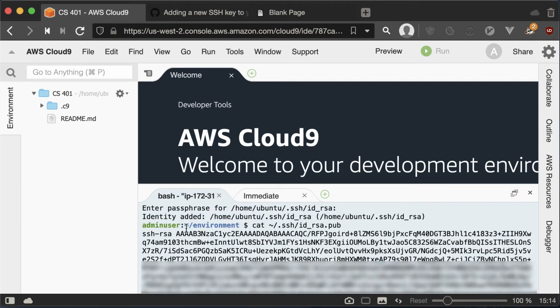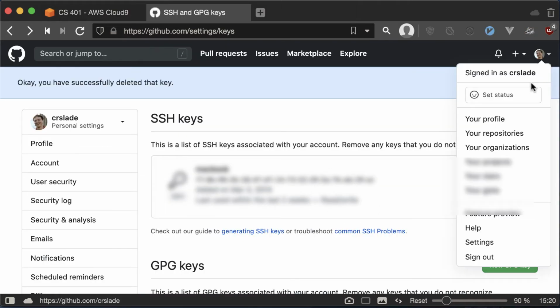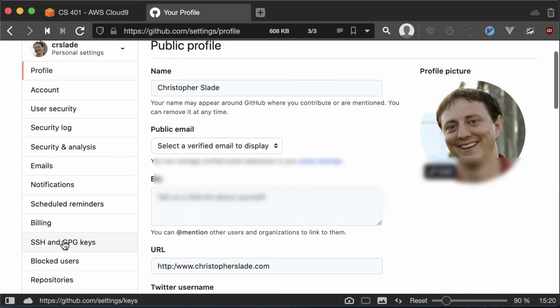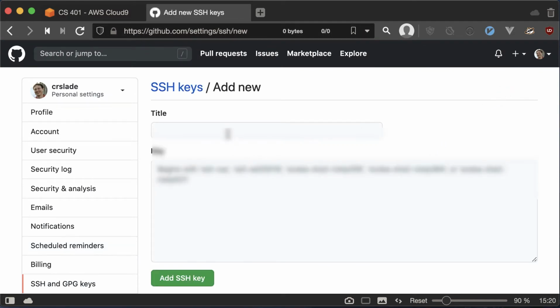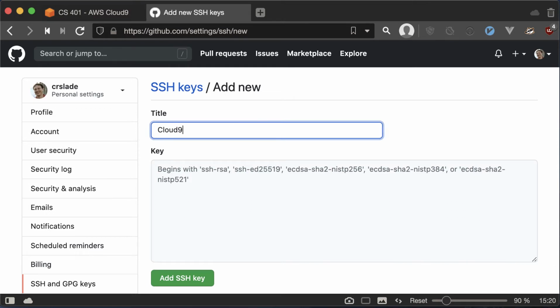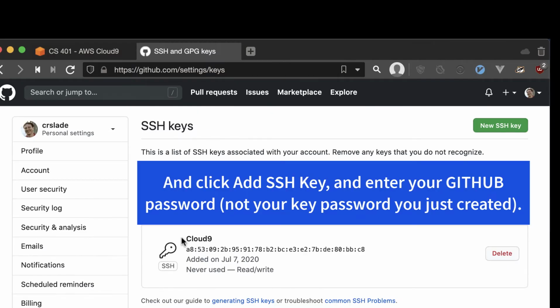So once they do that, it'll print out all of this on a clipboard. So you can go ahead and copy it and then go back to GitHub and we're going to paste it in. So once again, to find this page, you go to your settings over here and you got the SSH and GPG keys. And from there, we just click add our new SSH key. Now you can give it a name. Since we're doing this on Cloud9, we can give it a name and then paste in everything that you copied. And then by pasting it in, you'll now have the new Cloud9 key added there into GitHub so that GitHub